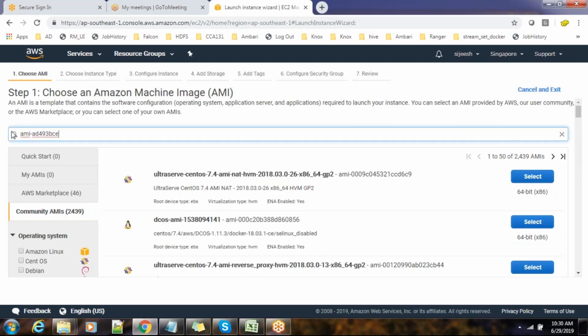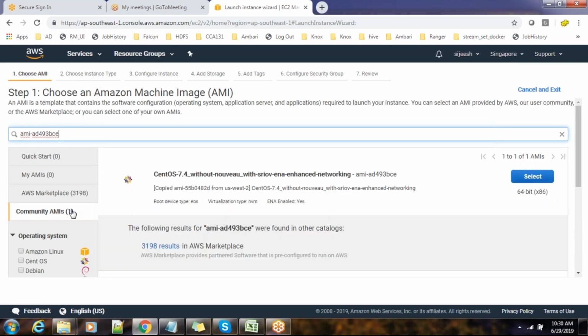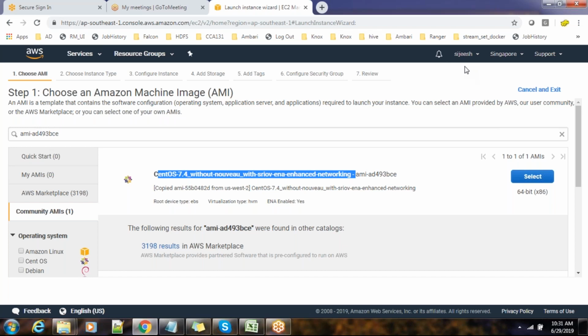It may not be necessary that the same AMI exists here, because I chose this some time back, but it's still there. If you choose some other location and search for this AMI ID, it doesn't exist, because this image is available in the Singapore location.